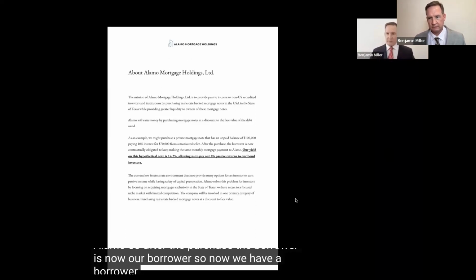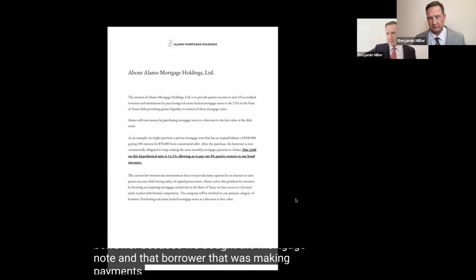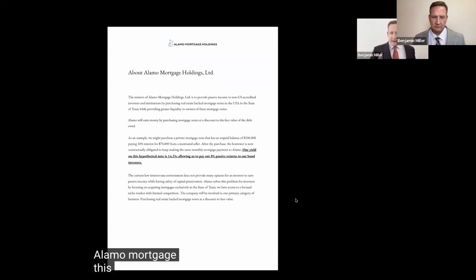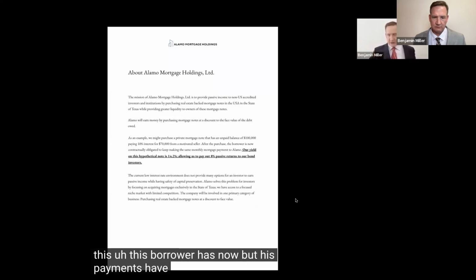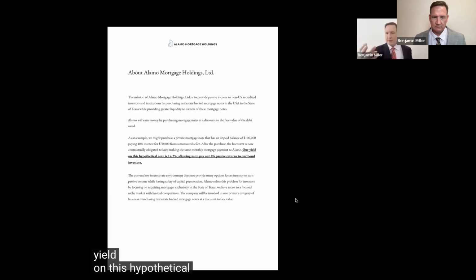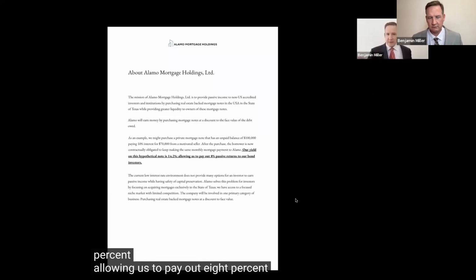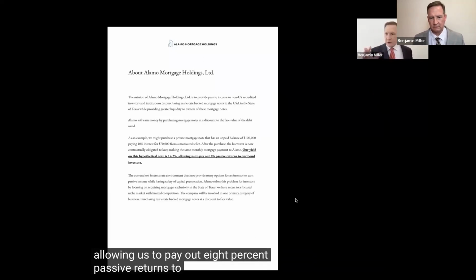So now we have a borrower because we bought the mortgage note, and that borrower that was making payments to the guy that sold us the note, now he has to make payments to Alamo Mortgage. This borrower's payments have not changed, even though we bought the note at a discount. So our yield on this hypothetical note is 14.2%, allowing us to pay out 8% passive returns to our bond